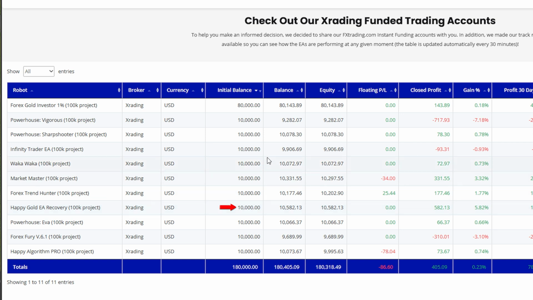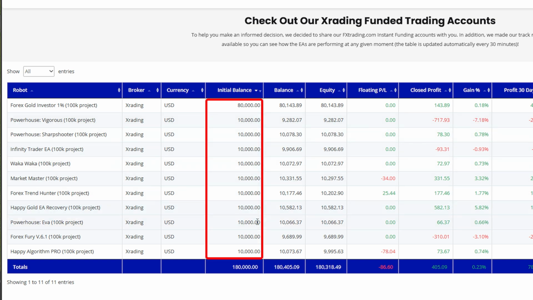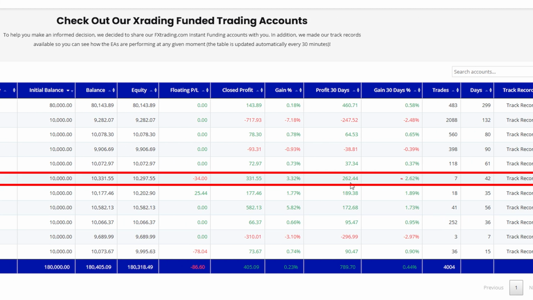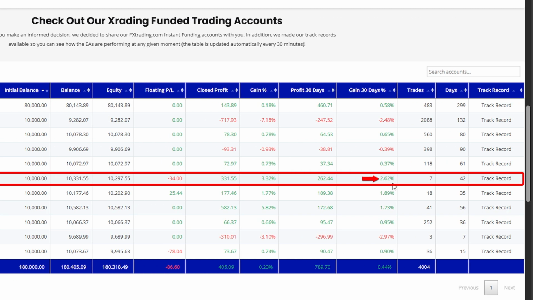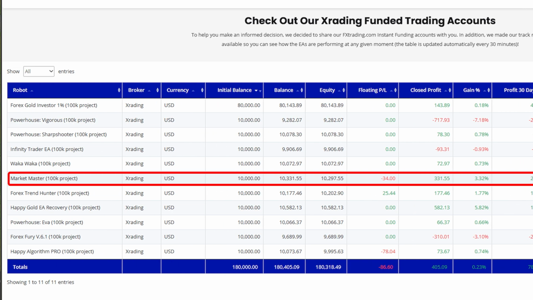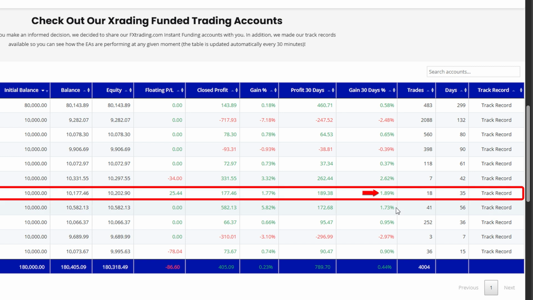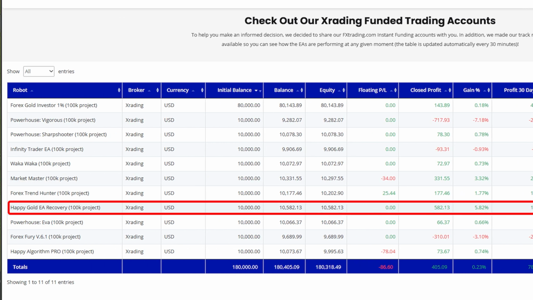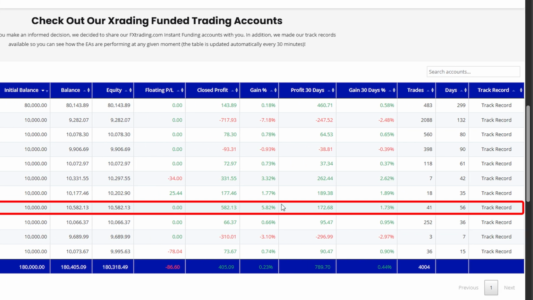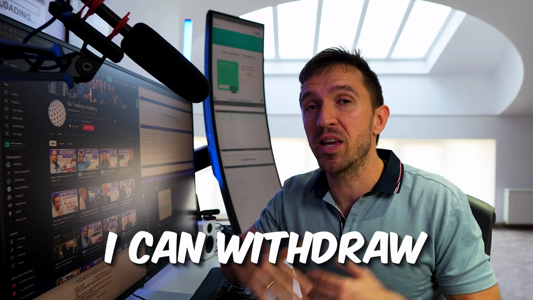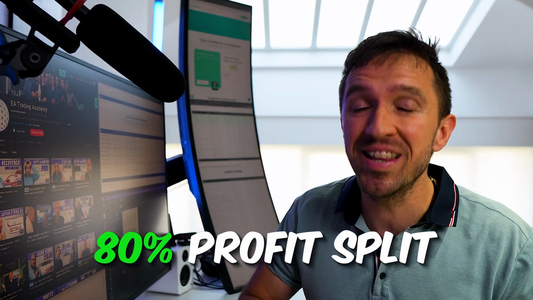reach 20% to scale up, and you'll notice that I have plenty of new accounts I started. The Market Master performs really well with 2.6% a month. You can notice that the Forex Trend Hunter almost reached 2% in the last 30 days, and of course the Happy Gold, which has been profitable in many of my accounts. It actually made nearly 6% in this account, but once I reach 20% I can withdraw 80% profit split, and